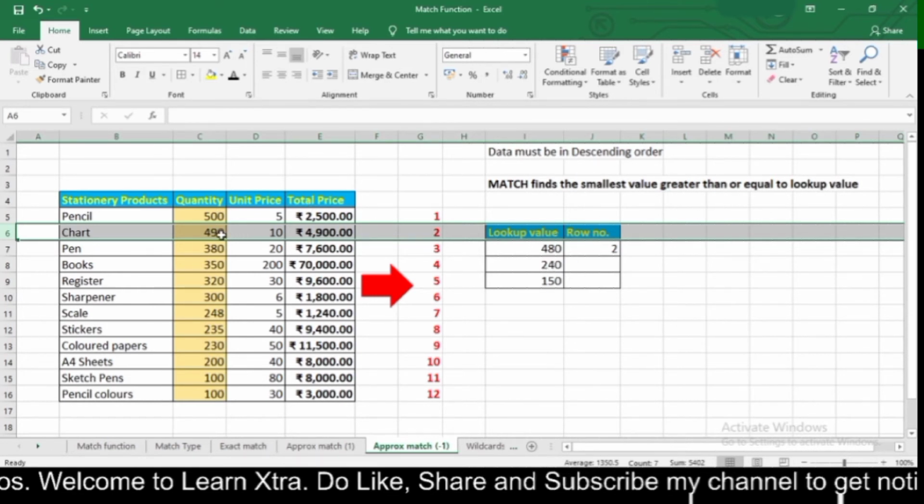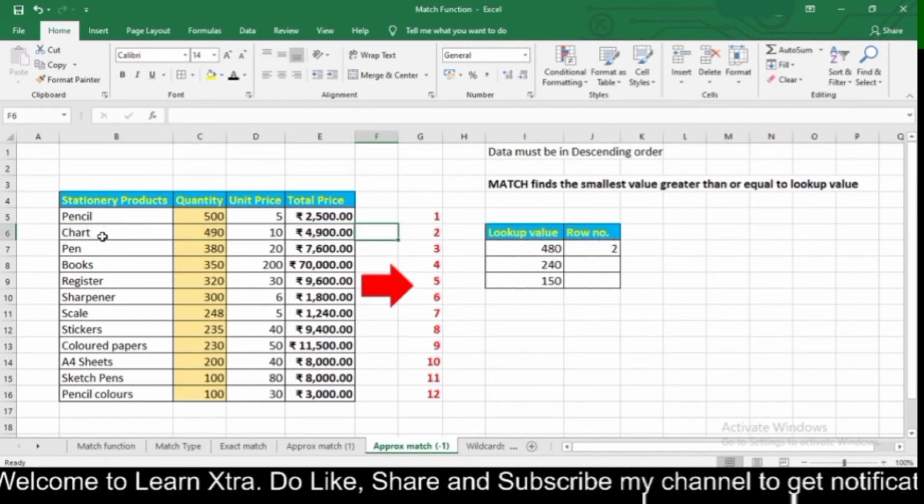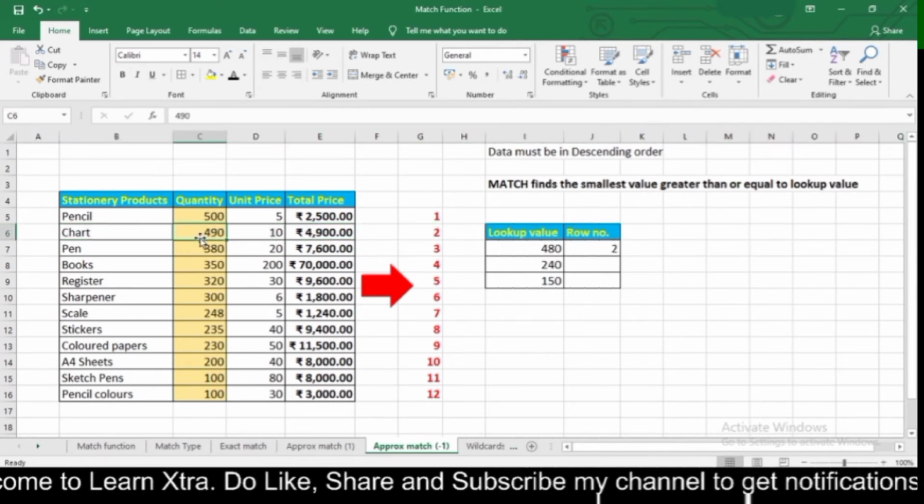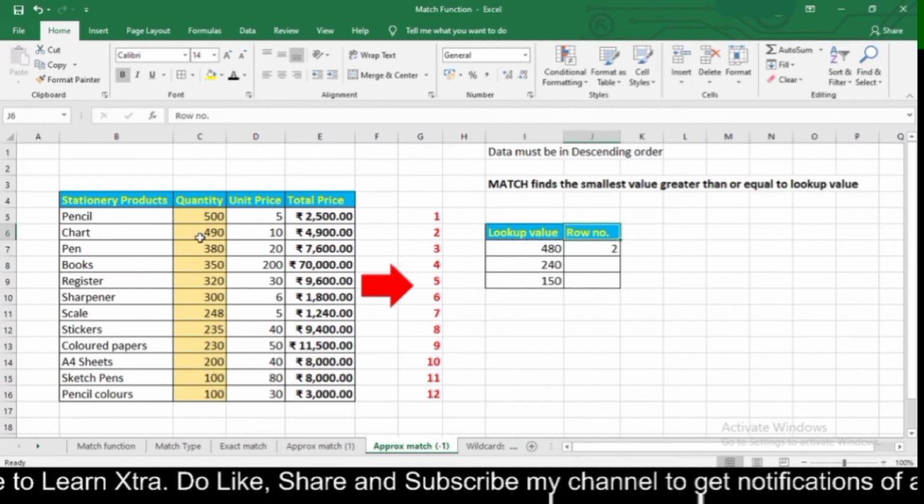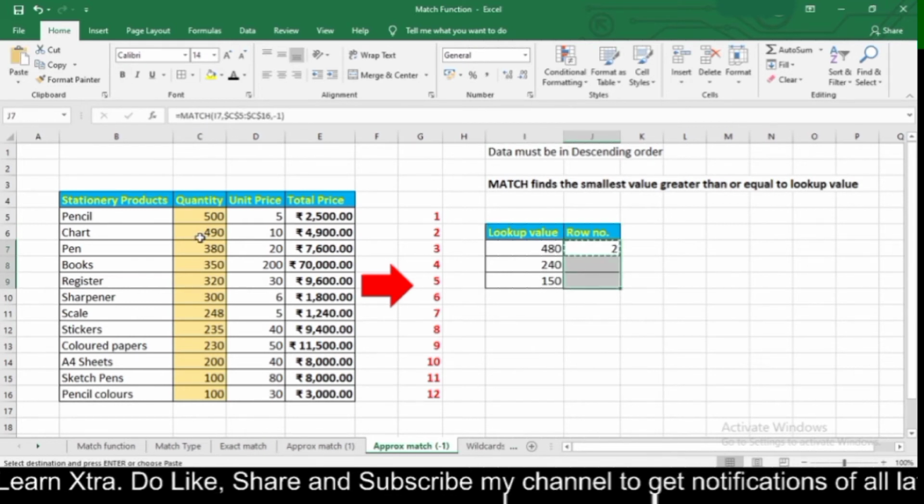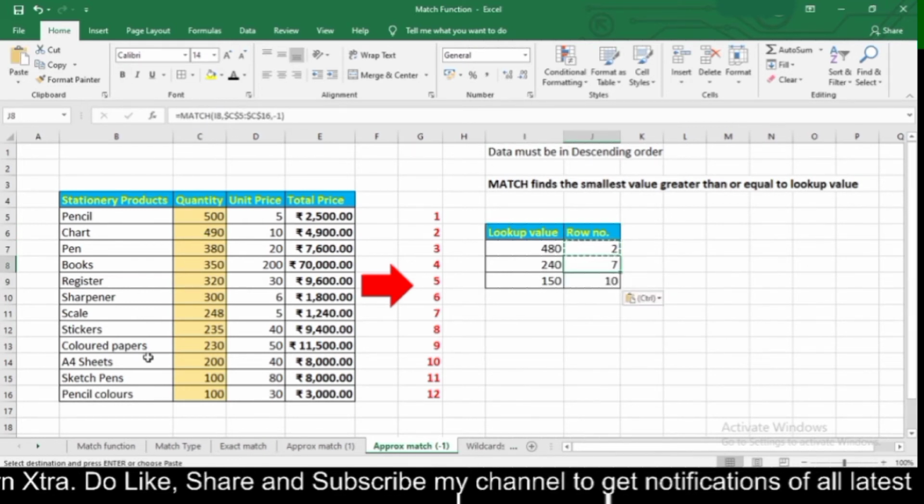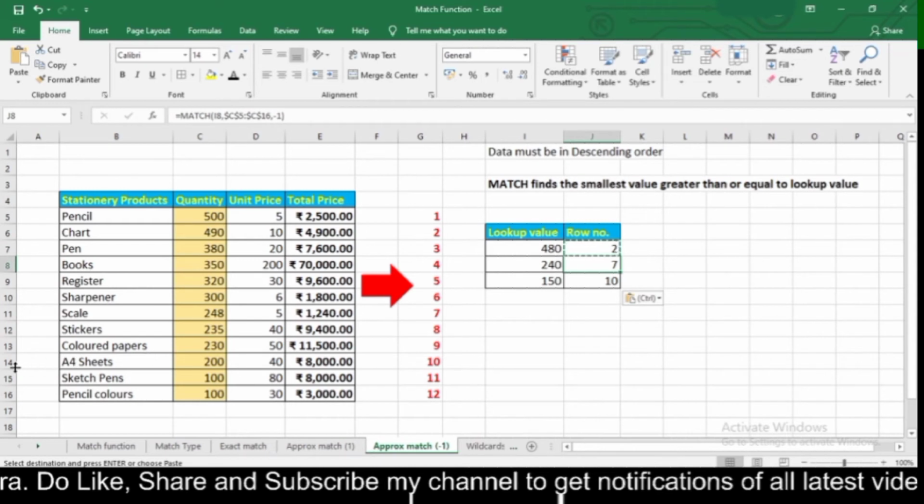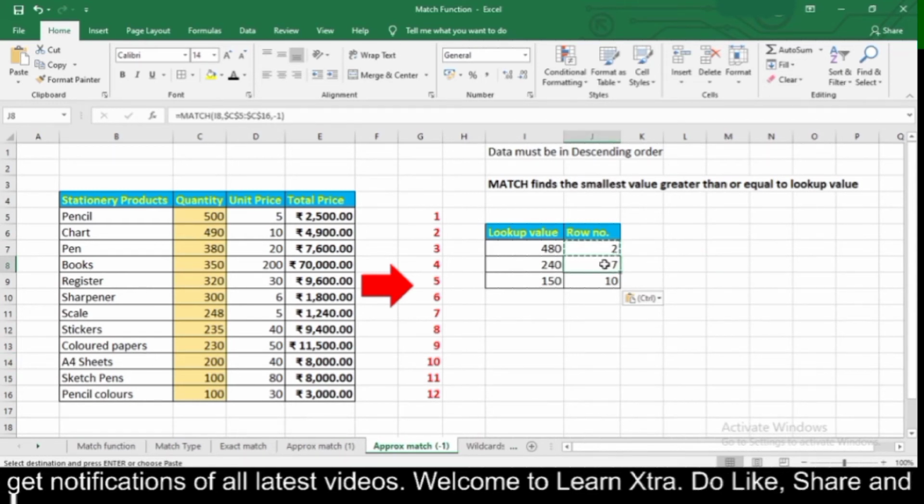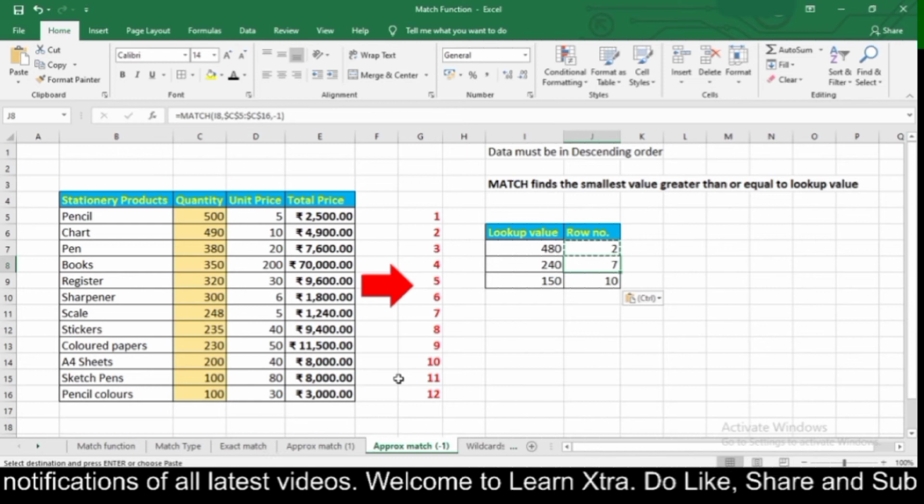So that is why I got my answer as 2, because 490 is greater than or equal to my lookup value. Now let's copy and paste this formula in the rest of the cells. So for 240 I got my answer as 7, because